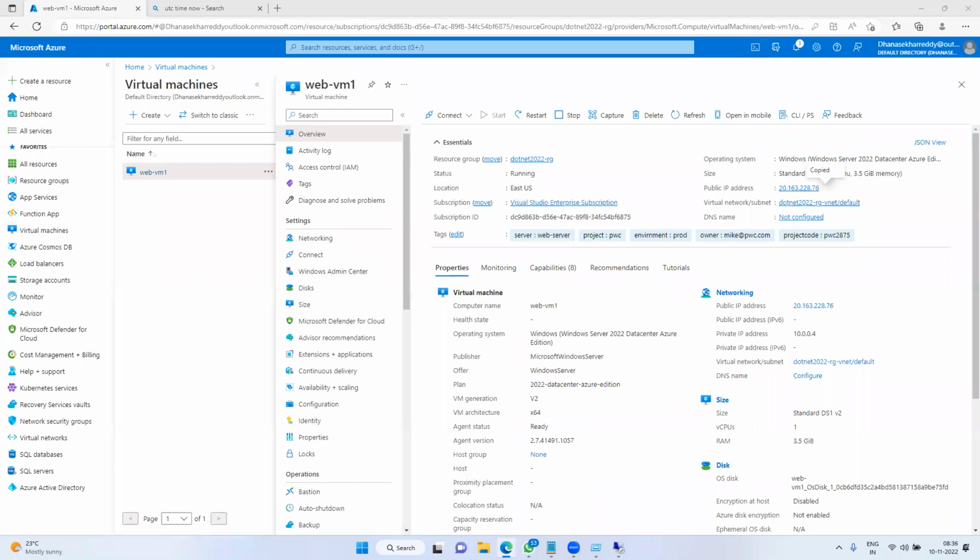Sir, at a time, how many connections can we have? By default, only one, guys. Only one Windows session; the maximum is two. To enable more, we have to install a license. This VM that you have created, once it stops at a particular time, do you need to restart it again? Yeah, manually you have to restart it.